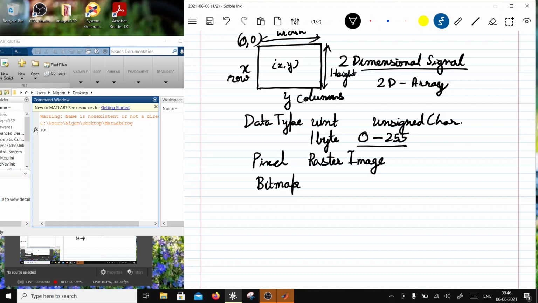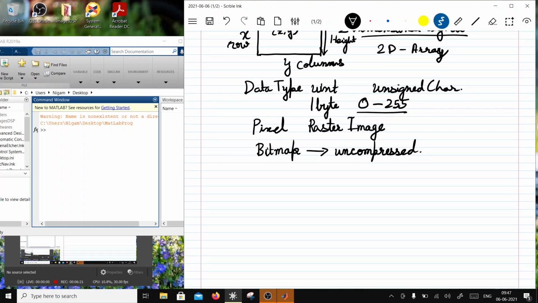There may be compressions; there are some formats of bitmap which may be compressed, and the simplest compression is run length encoding, which we'll talk about later. So a bitmap is basically a raster image or a two-dimensional array. It is uncompressed. So 1 byte is going to be between 0 and 255.